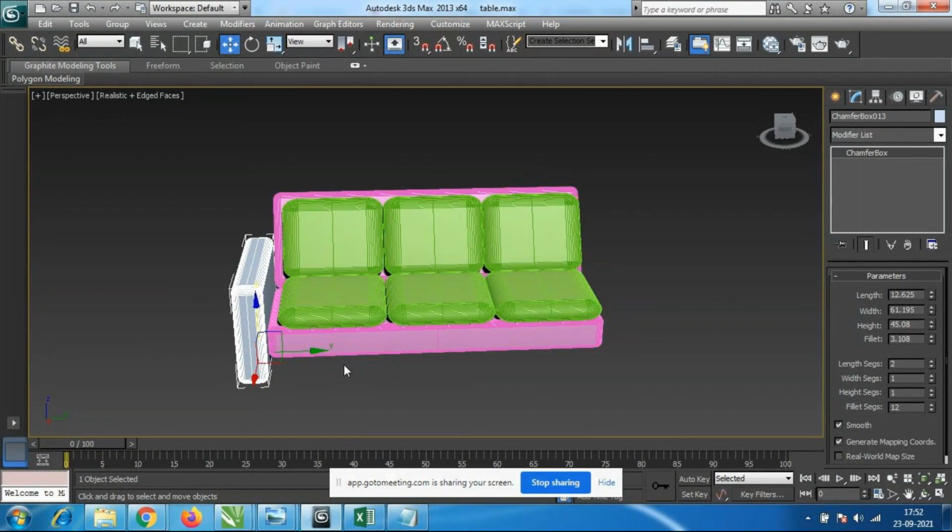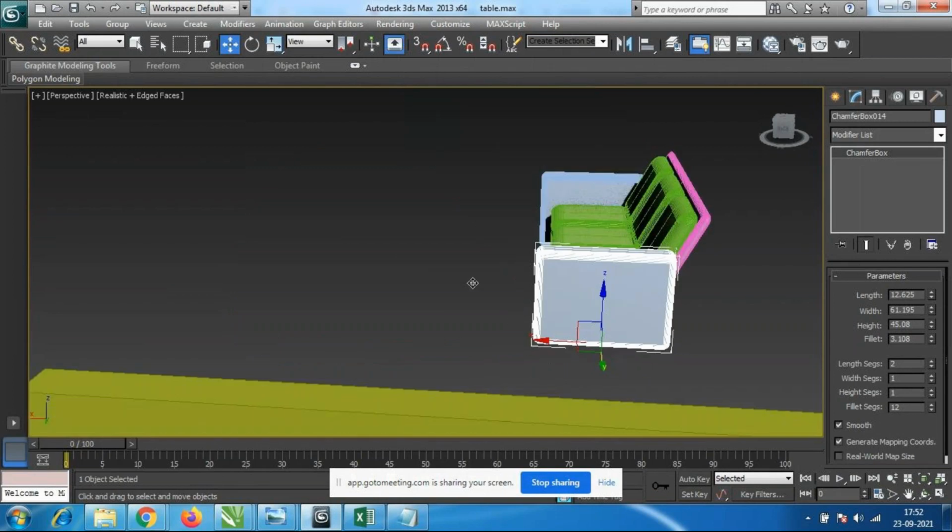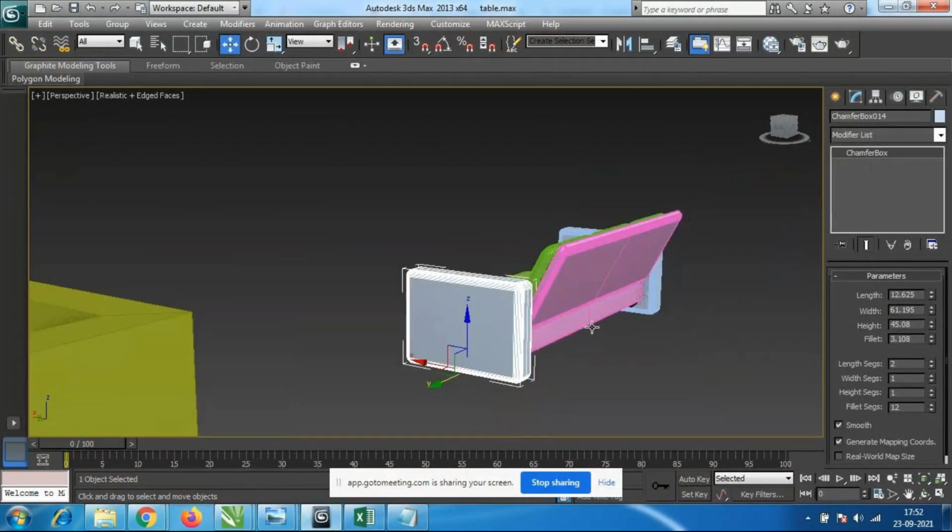What I'll do, I'll press shift and I'll take the copy of this. Alt and middle mouse button.